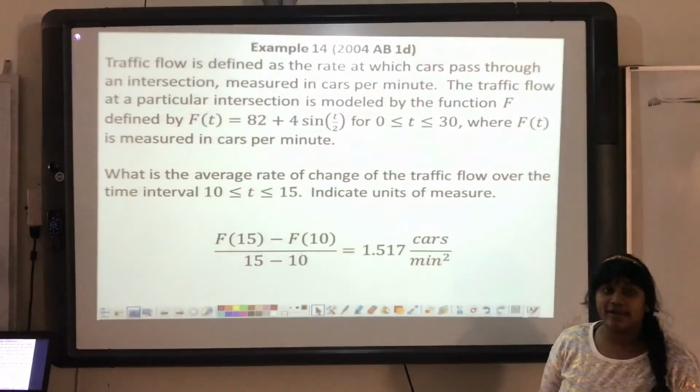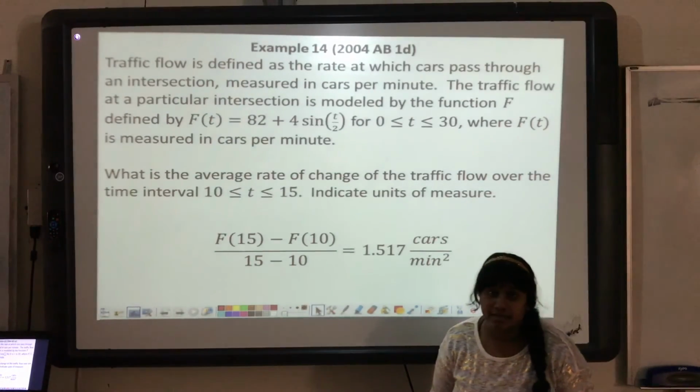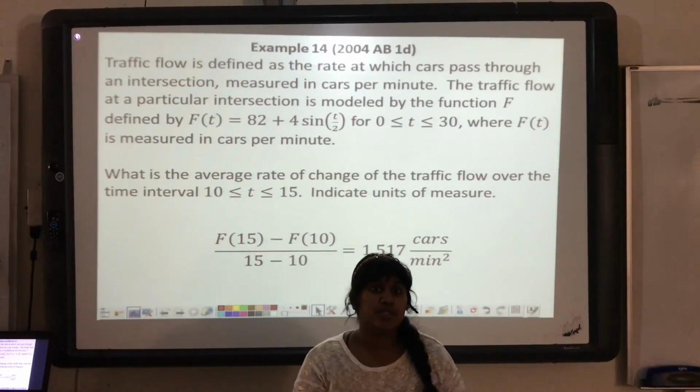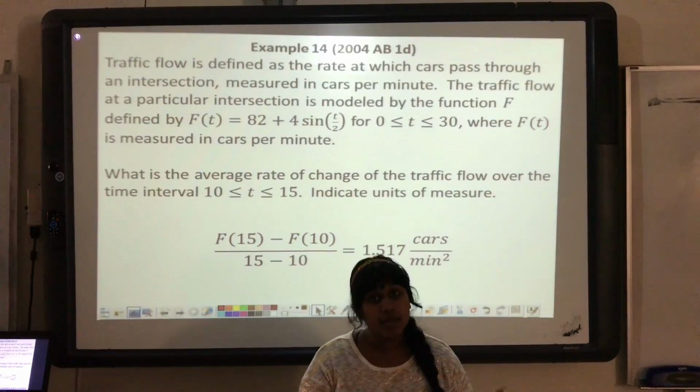And those are our 4 final questions for example number 14. That's it for Unit 7.2, the Fundamental Theorem of Calculus Part A. We'll finish up with